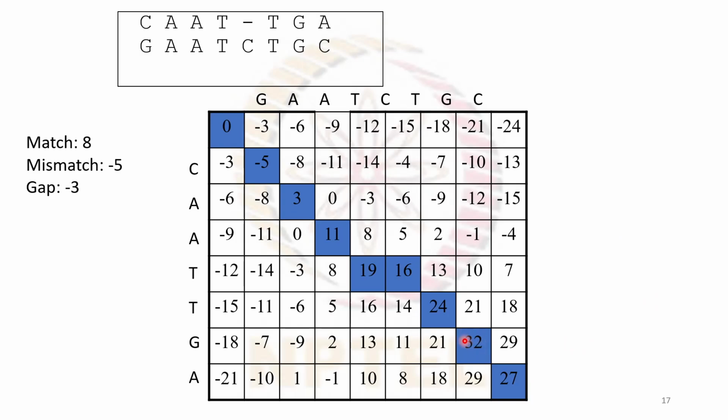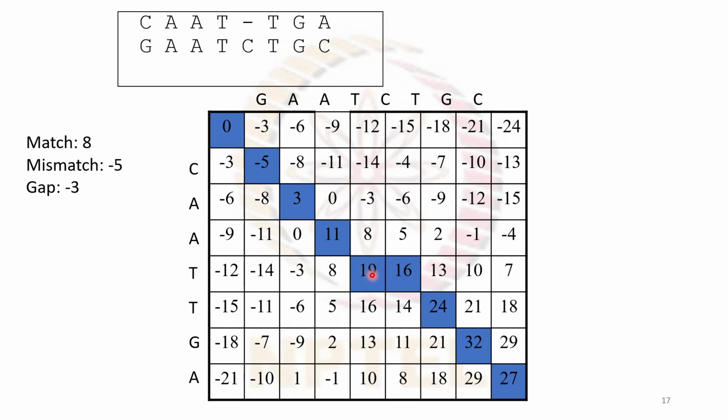this value of 32 has been derived from 24. Again we are moving diagonally, so we add G and G as usual. Unless we are moving horizontally, there is no need for the concept of a gap. From 24 to 16 also we are moving diagonally, and the value of 16 has been derived from the cell 19. That means we are moving